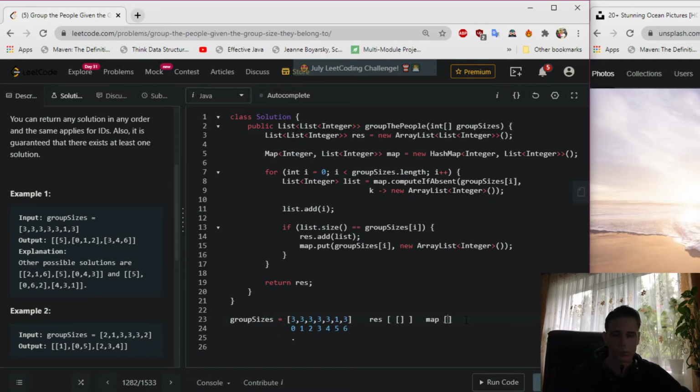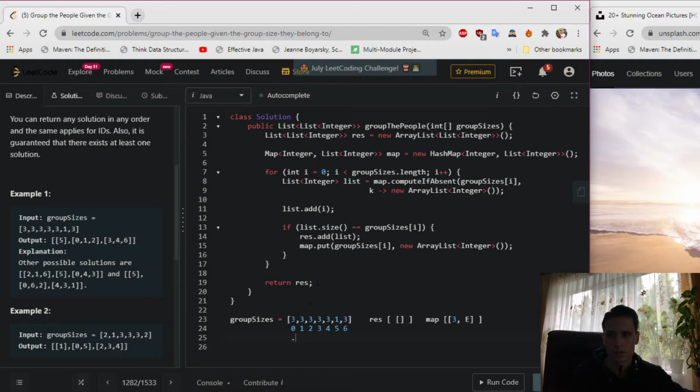Let's say we put the key, which is 3, and a new empty array list, where E means empty array list. And yeah, so we add into that list,